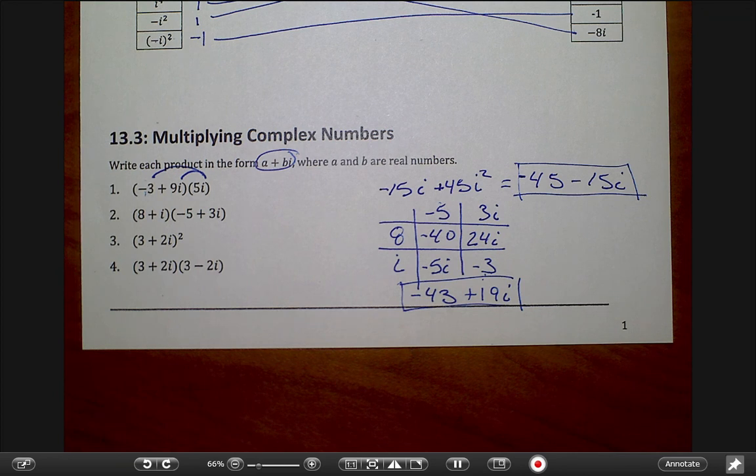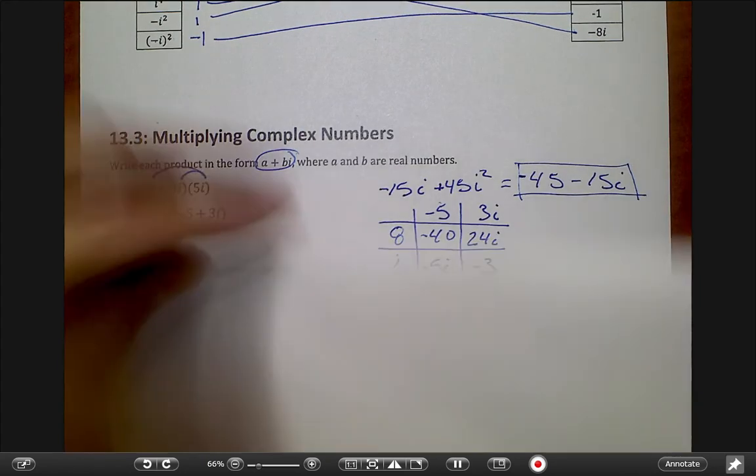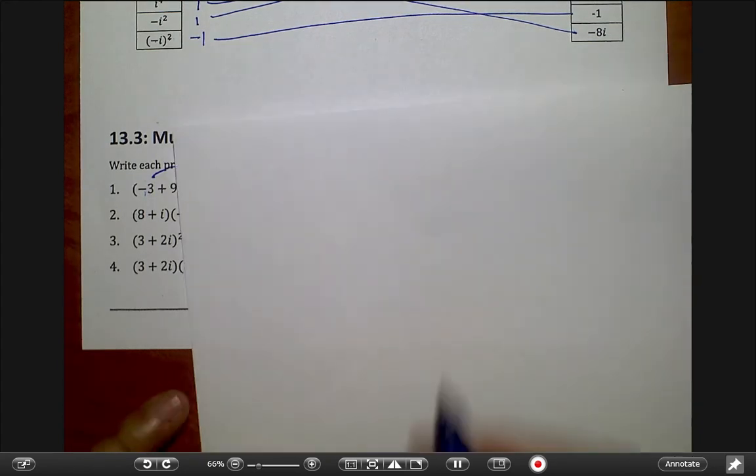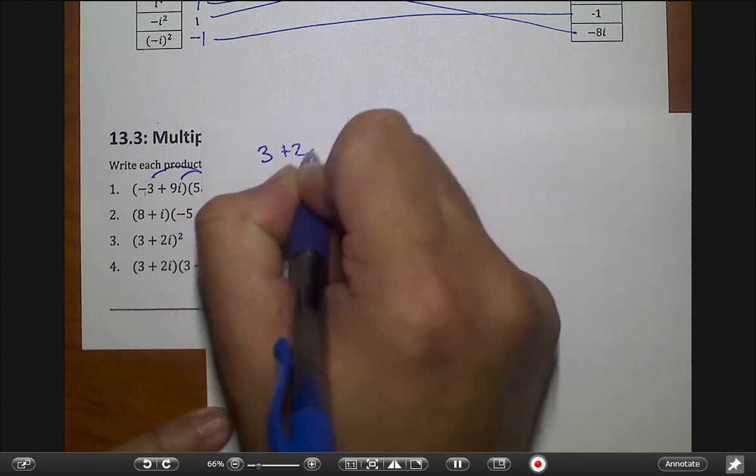All right, if you guys got lined paper underneath, go ahead. We're going to do the box method again for this. I just don't know where my scratch paper went. Under my pile of mess I have here. Here it is. Okay, so we're going to do the next one, which says I have 3 plus 2i